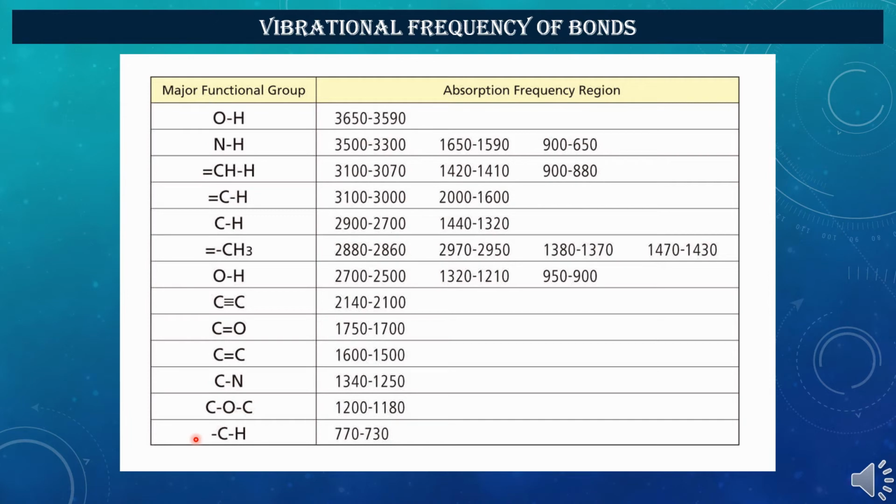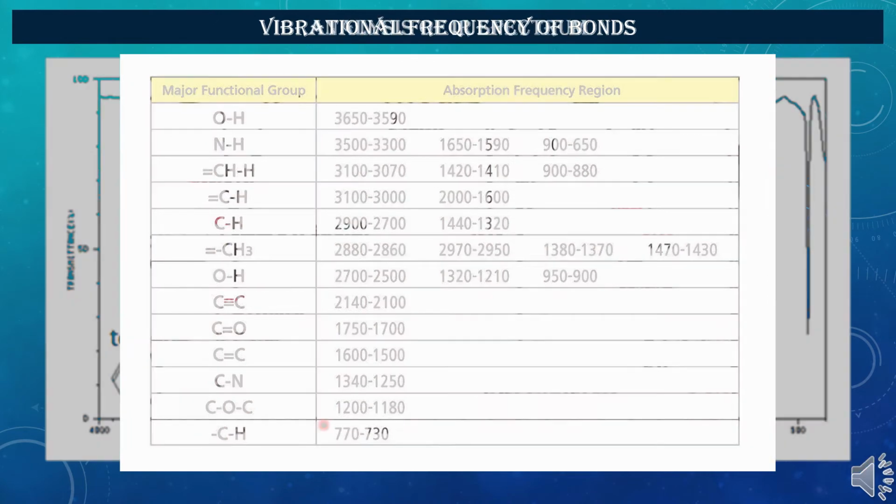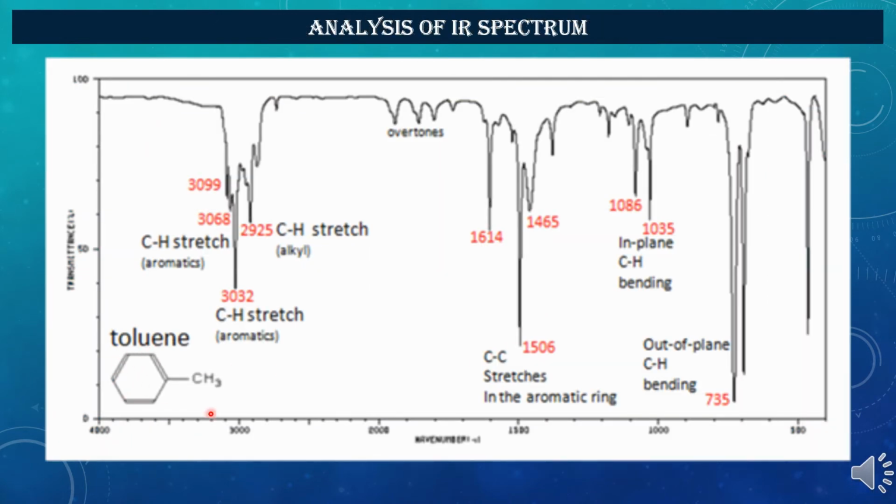Let's analyze a sample using its IR spectra. This is the IR spectral pattern of toluene. In this graph, x-axis denotes wave number in centimeter inverse and y-axis denotes transmittance in percentage. One thing to mention that in some cases with respect to absorbance also, IR spectra can be plotted. As we have already discussed that frequency at higher side represents stretching and lower side bending of the bond, as stretching requires more energy than bending, which is also evident from the spectra.